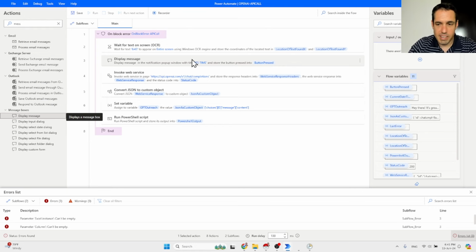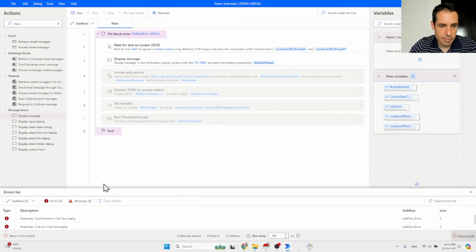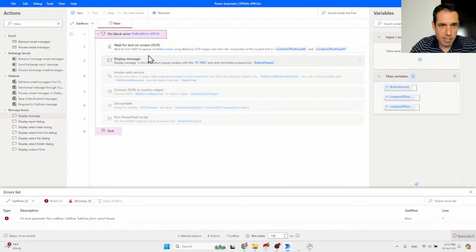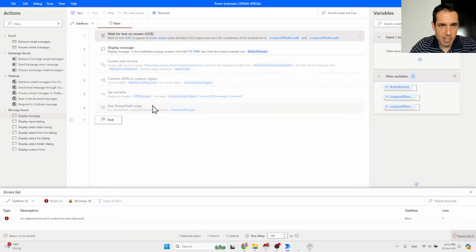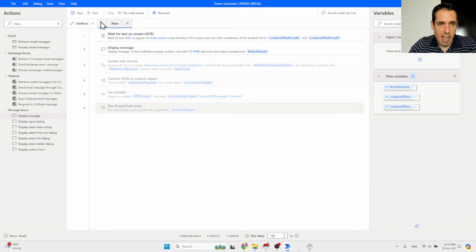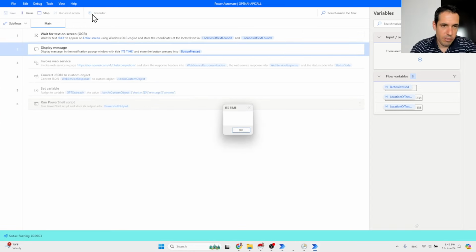So basically, let's disable these. Let's remove this subflow because it's not relevant. Let's remove these error blocks. Okay, so what I want to show you is I'm going to click run, and the flow won't do anything until 6:43 appears here on the screen. So I click the run, and basically now the flow,